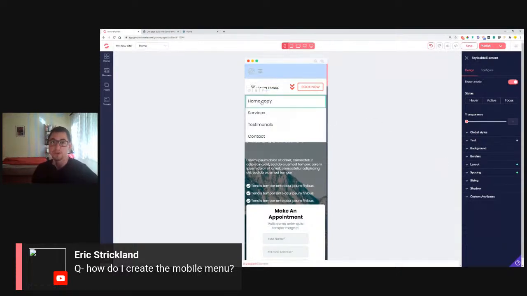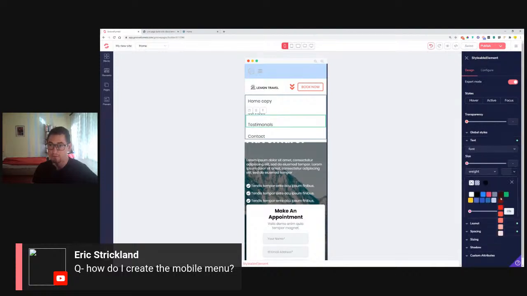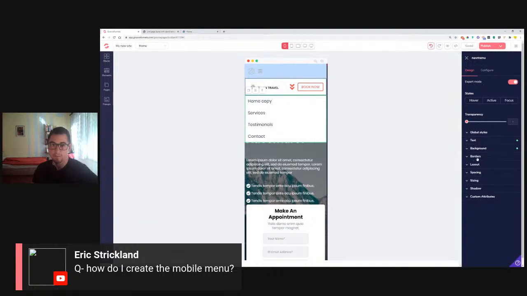Also with the text, because once you have a mobile menu and you edit it only on the device that you want to change. For example, I can change the text size for this one, so I like it this small or this big. Then I can click on the other one, then set it up differently. Or this one, I want it to be in a red color. It is actually not showing up properly. This is a bug. It must be a bug because I was playing with it earlier and it was working fine. But yeah, this is how you would go into it,